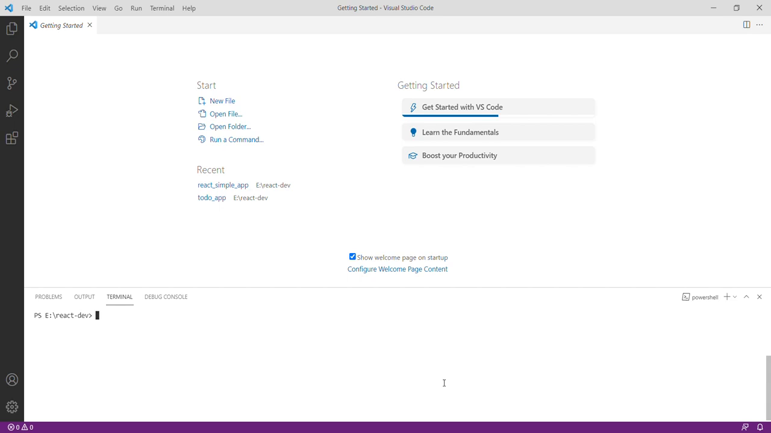So we will be using Visual Studio Code. This is an editor. It is available free of cost from Microsoft. I have already installed it on my machine, and you can also download it and install it. So after that,